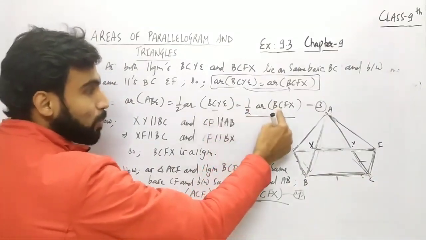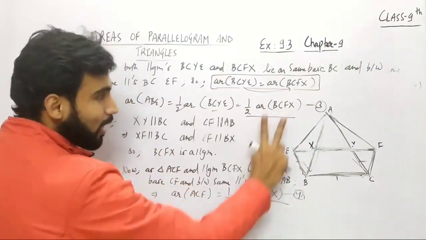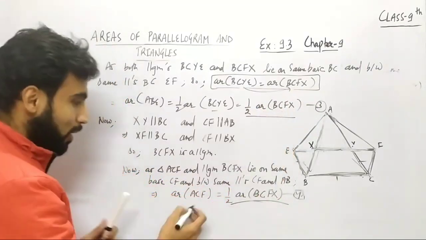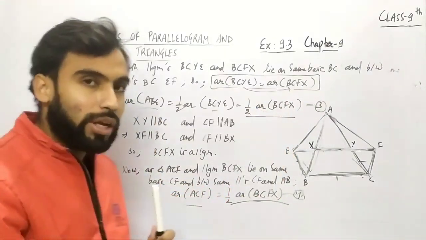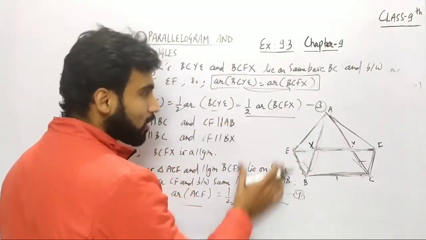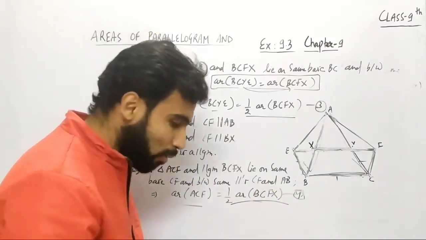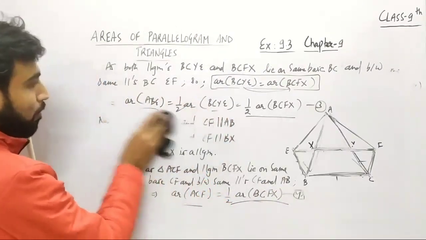सो मैंने यहाँ पे सब्स्टिट्यूट कर दिया BCYE की जगह BCFX, राइट? सो आप देख सकते हैं ये जो राइट हैंड साइड है दोनों इक्वेशन की वो सेम है, दैट मींस जो लेफ्ट हैंड साइड है वो भी इक्वल हो जाएगी, राइट? तो वी कैन सी हाफ ऑफ BCFX, हाफ ऑफ BCFX, दोनों साइड सेम है. सो यहाँ पे ये जो लेफ्ट हैंड साइड है दैट विल आल्सो बी द सिमिलर वन. सो लेट मी जस्ट राइट दैट.